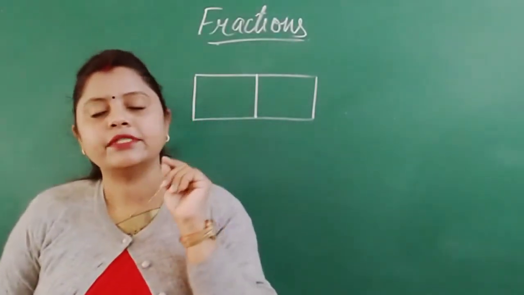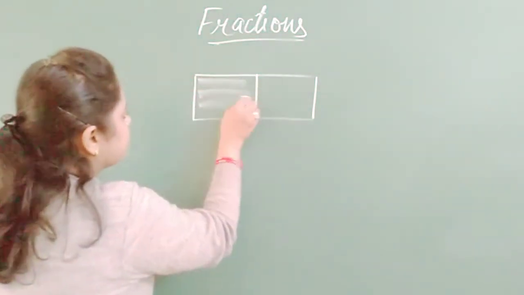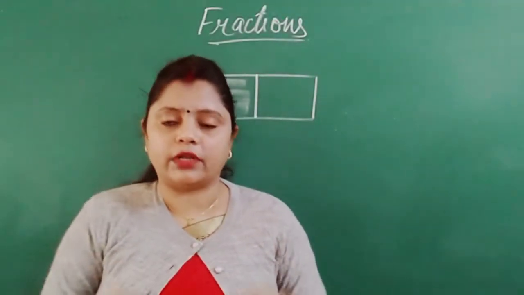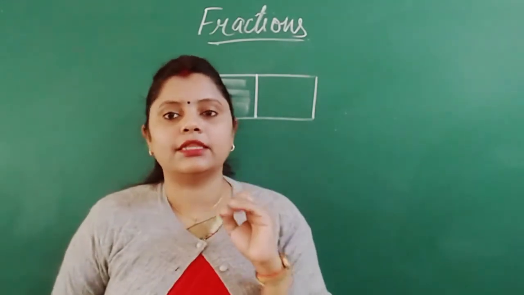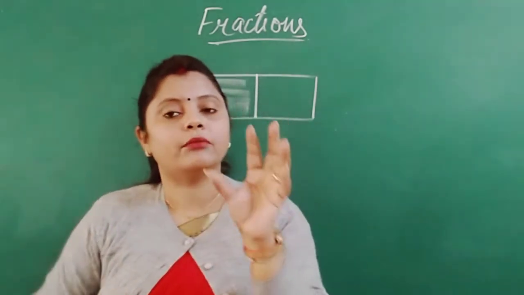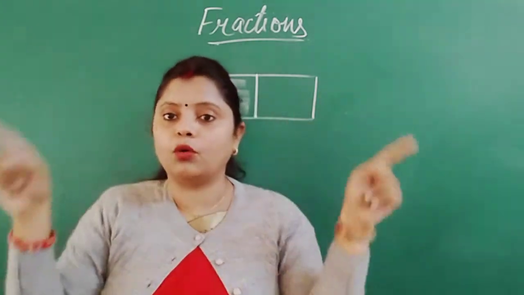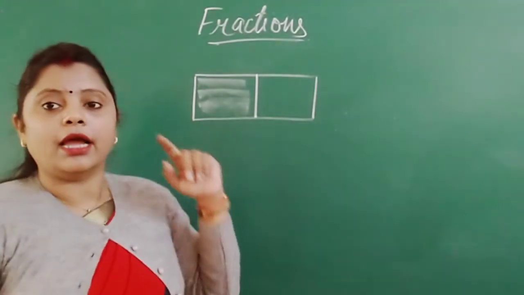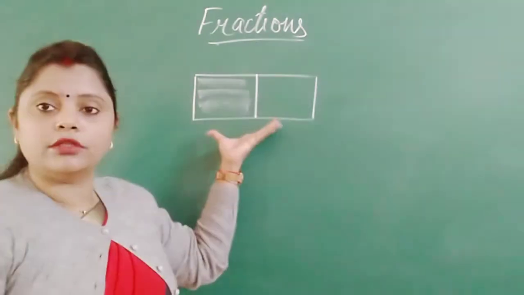Now here, if somebody asks, how much is this part? So here, how are we going to represent this one? Before going to this, let me tell you one thing. Fraction is nothing but part of a whole. That means a whole thing is given and from there we have to take one part. So fraction is part of a whole. The whole thing is there. So as you can see here, first of all a complete rectangle is there and from there I have taken one part of the whole.